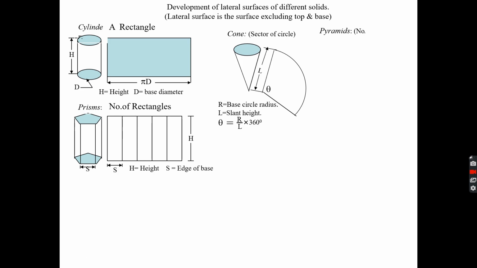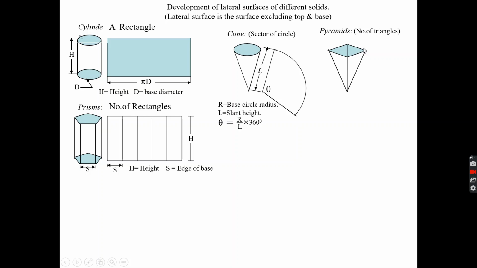Similarly, if you have a pyramid, like a prism, there will be a number of triangles. If you have a pyramid like this, there will be a number of triangles when you open it. To make this, either you can make it simple like you made here these rectangles, you can also make the triangles, or the easy way is